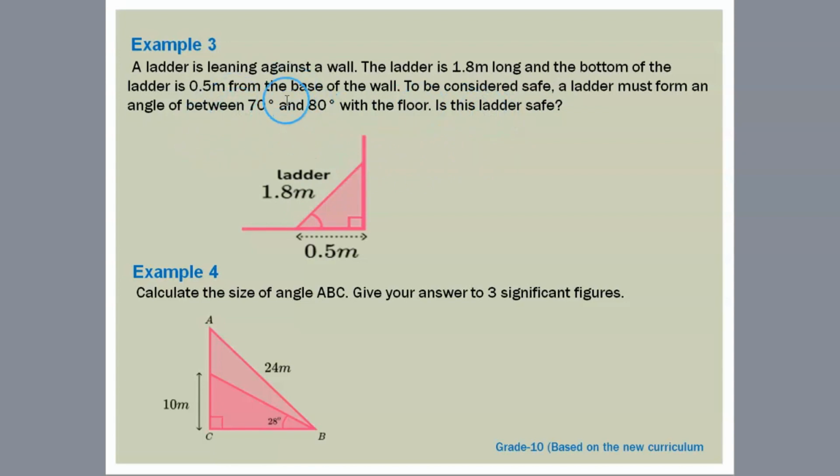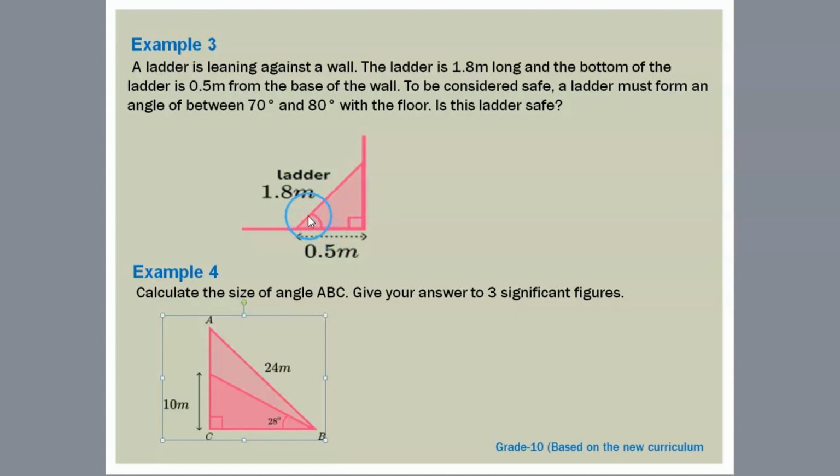ስለዚህ እዚህ ጥያቄ ላይ ሂንት ተሰጥቶናል። ሴፍ የሚሆነው በዚህ አንግል መካከል ነው ከተባልን መልሶ ደግሞ ሴፍ ነው ወይ ተብሎ ከተጠየቅን ሴፍ ነው አይደለም የምንለው እቺን አንግል ፈልገን ነው ማለት ነው። ስለዚህ ይሄ አንግል ፈልገን ስናገኝ በ70 እና በ80 መካከል የሚመጣ ከሆነ ላደሩ ሴፍ ነው፣ ካልሆነ ሴፍ አይደለም እንላለን ማለት ነው። ስለዚህ ይሄን ትሰሩታላችሁ። ሂንት ልስጥ። እቺን አንግል እንዴት ማግኘት ይቻላል? የዚች አንግል ምን ተሰጥቶኛል? አድጀሰንት ሳይድ እና ሃይፖቴነስ። ስለዚህ ምን ትሪግ ሪሌሽን መጠቀም እችላለሁ ይሄን ለመፈለግ? ኮስ፣ ምክንያቱም ሳይን ቴታ ኦፖዚቱ አልተሰጠም። ታን ሚንስ ኦፖዚት ኦቨር አድጀሰንት፣ ኦፖዚት አልተሰጠም። ስለዚህ አልችልም። ስለዚህ ኮስ ሪሌሽን